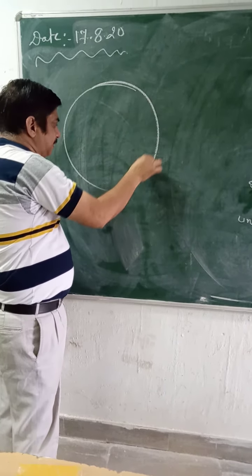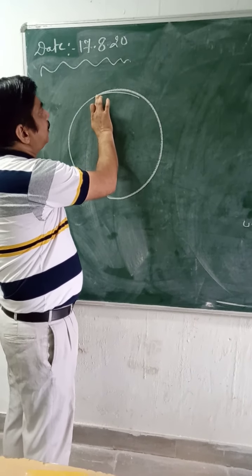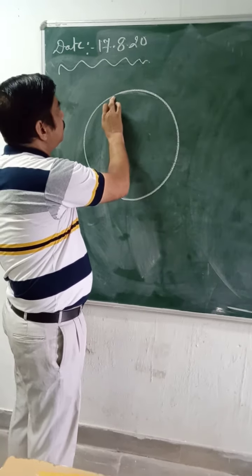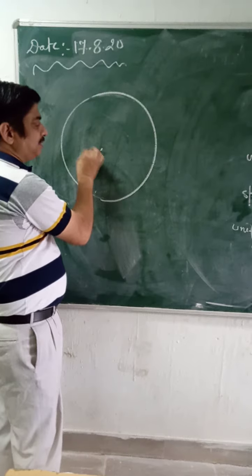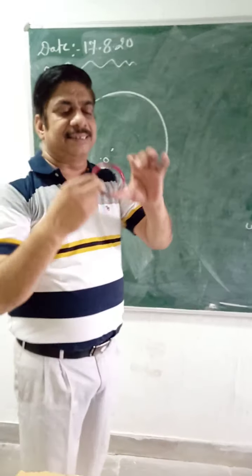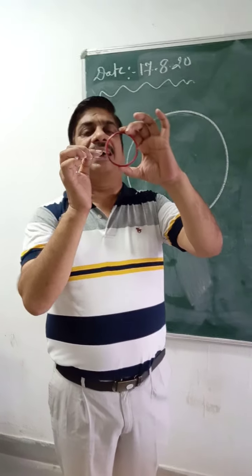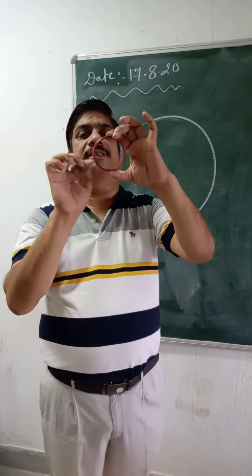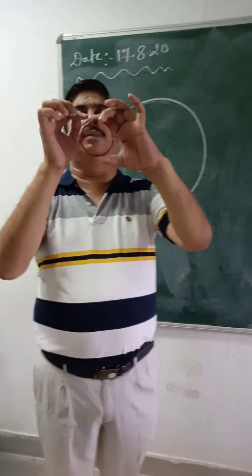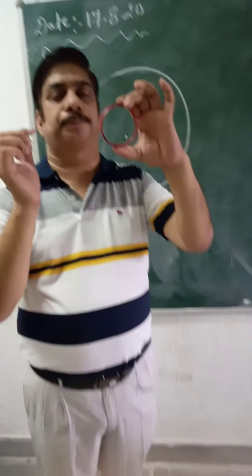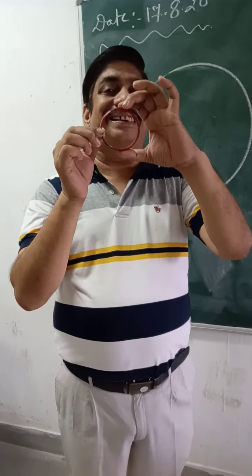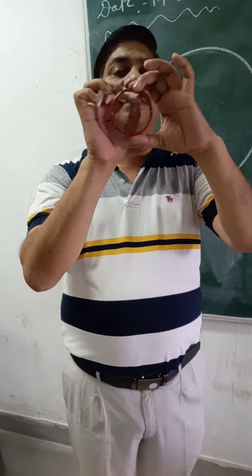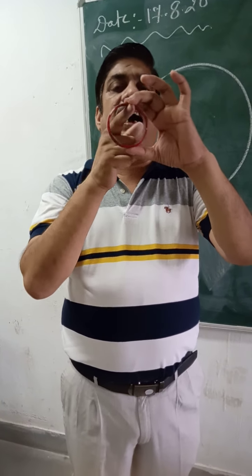This is the circular path on which the object is moving. This is the center, represented by O, and here is the circular path, and these are the different positions of the object. If these are the different positions of the object, in what way do we have to specify how the position is going to change?